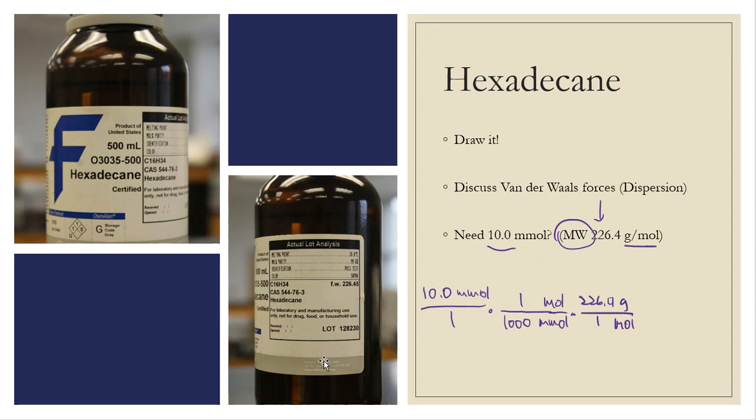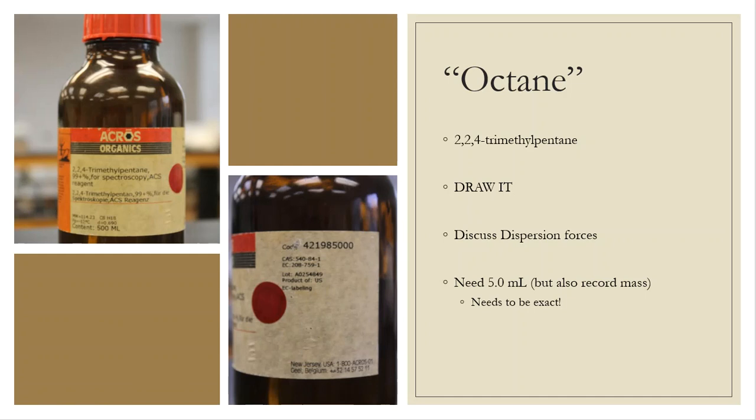Well, another one of those reasons is one of these alkanes you're going to get in the very end. And it's very important that you keep track of masses, not just volumes. And you're actually going to see me do that with the octane number as well. So this is what we refer to as octane. However, octane is very confusing. Octane is really 1, 2, 3, 4, 5, 6, 7, and 8 carbons in a chain. And that really is octane. But this is a common name. And this common name goes to the